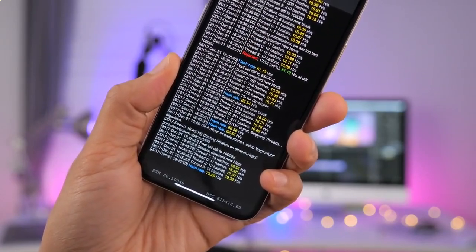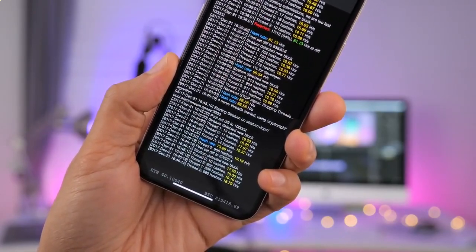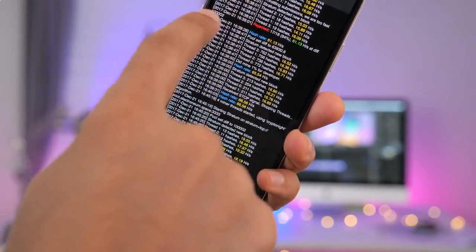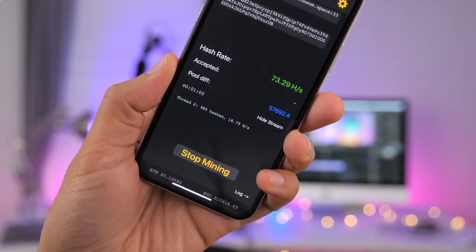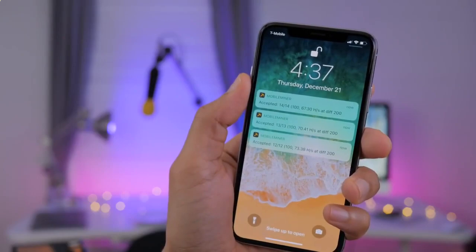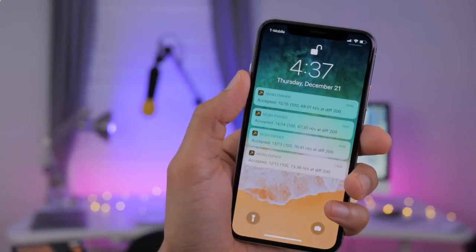So Electroneum is worth about 10 cents per coin at the moment. So you're not going to get rich on this, at least with this particular cryptocurrency. But obviously this isn't designed to make a lot of money. I see it as more of a proof of